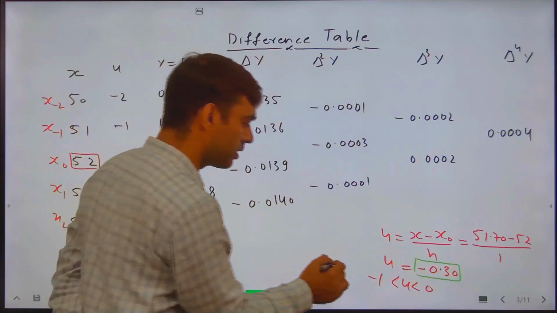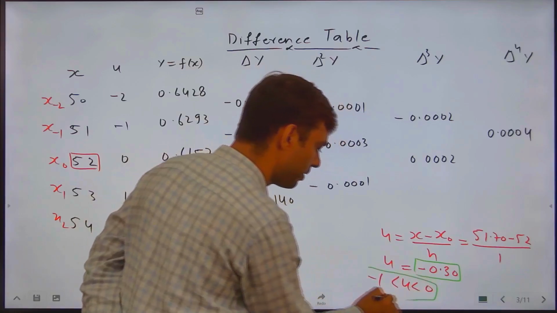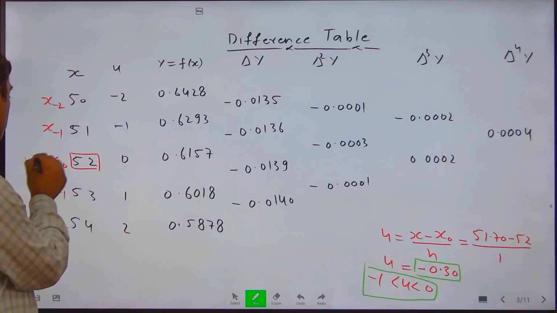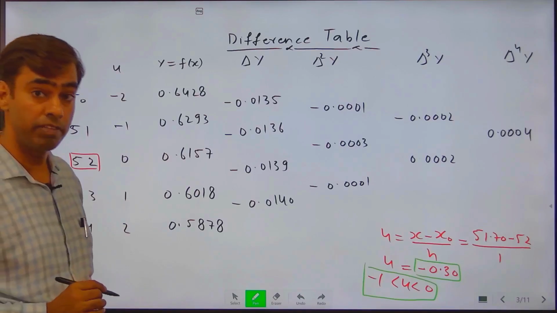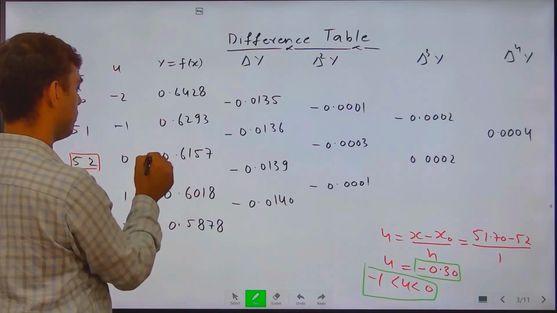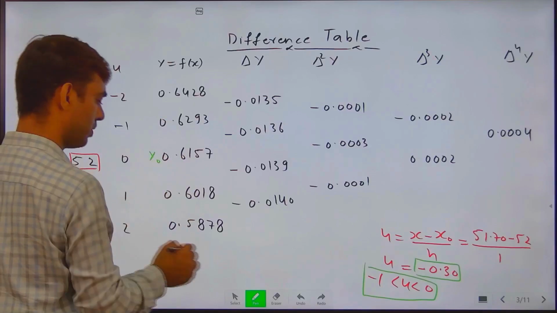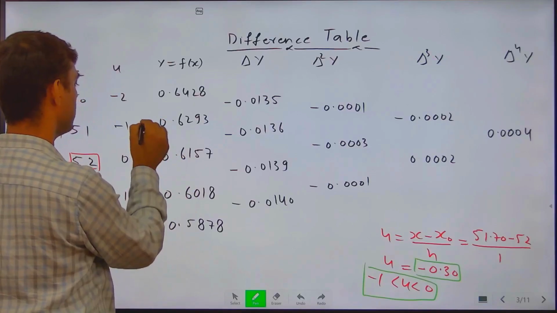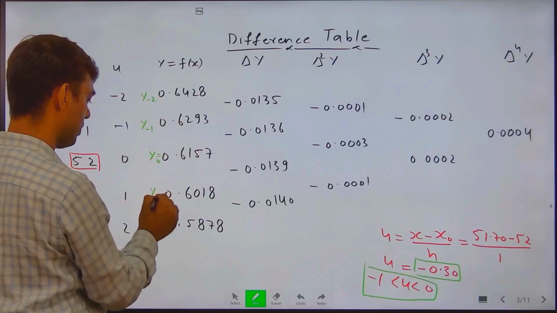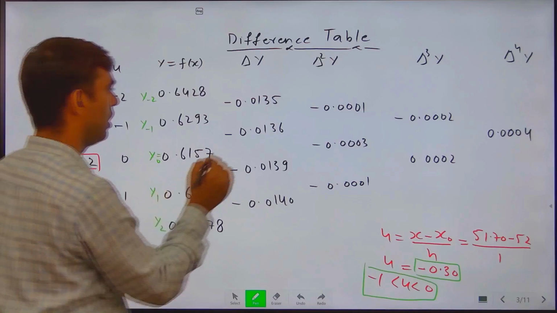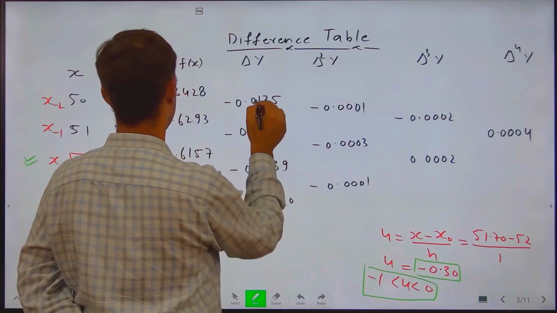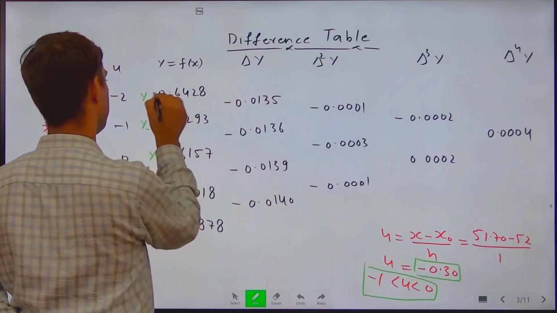-0.30, which lies between -1 to 0. That's why we choose x0 with a 52. Now in a similar manner, this one is the value of y0, this one is y-1, this one is y-2, this one is y1, this one is y2, and in a similar manner this is the value of